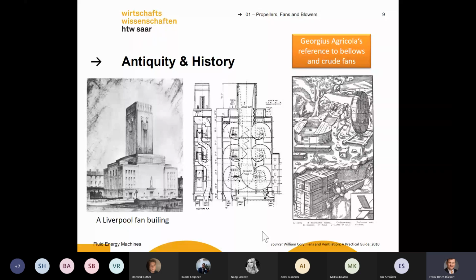And here you can see a big building in Liverpool, and this building was built for fans. In Liverpool in former times there were big mining facilities, and in mining facilities you have to blow the air down into the mines, and they built this big building. Here you can see inside where fans have been, and the air will be sucked into our ventilator and will be blown down into